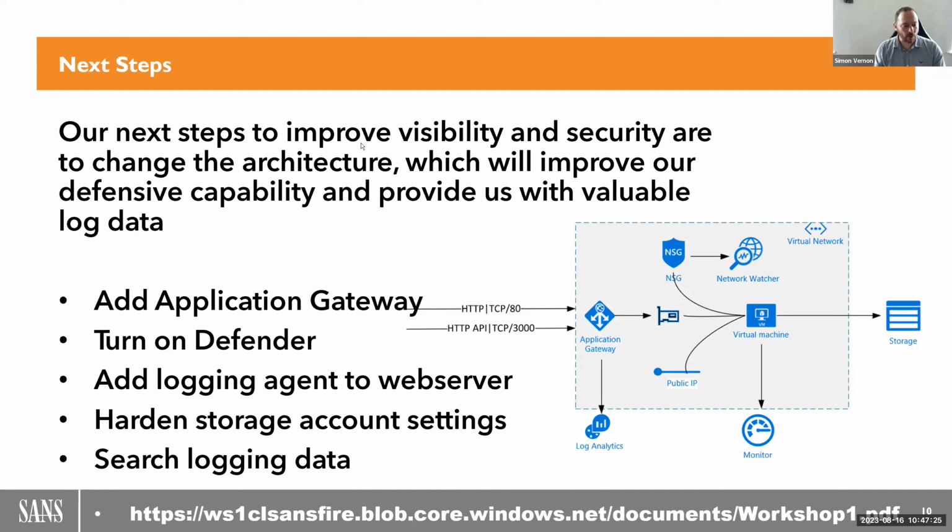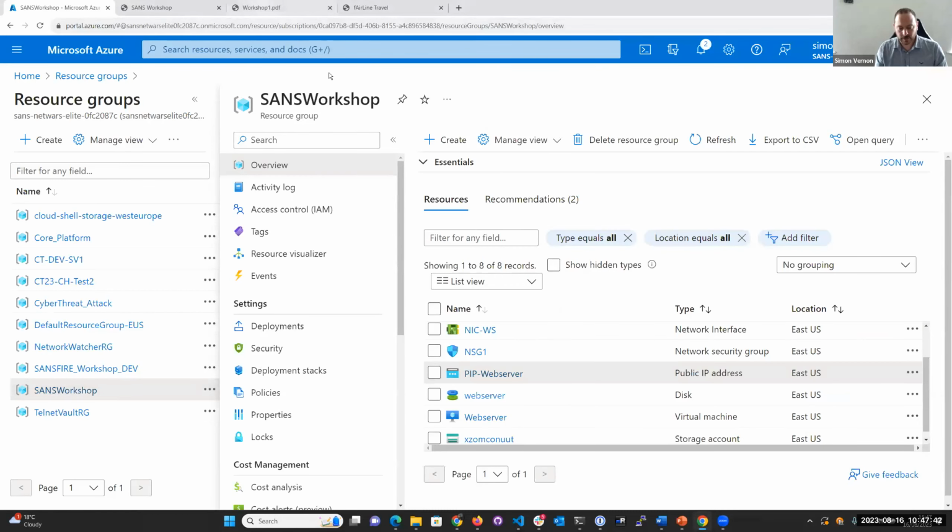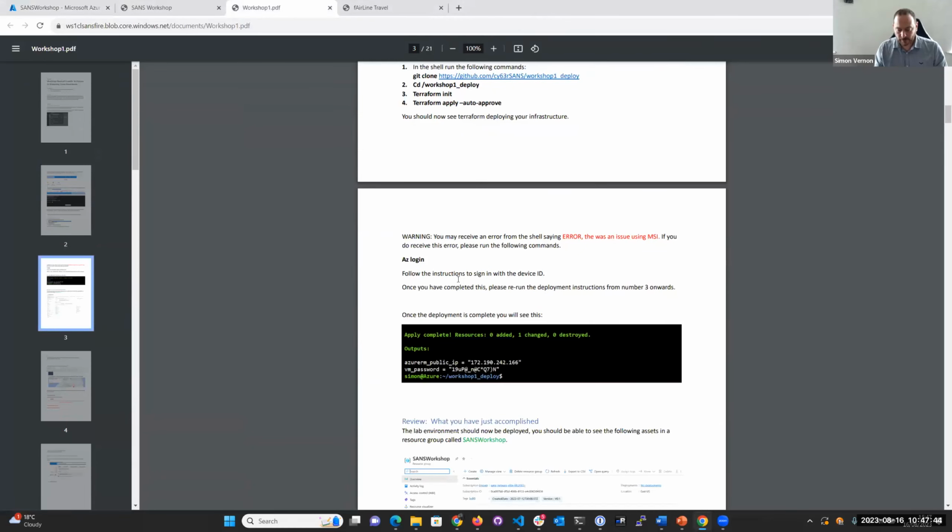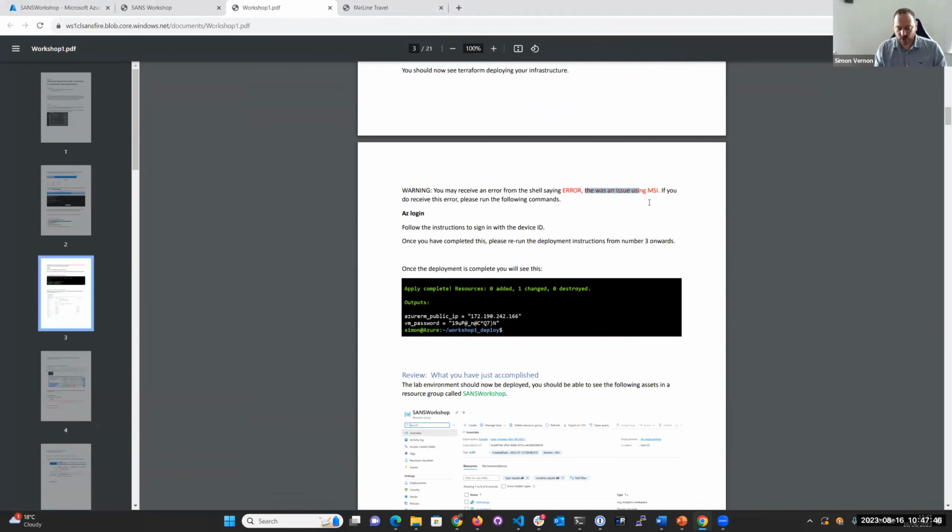Okay. Oh, brilliant. You've got an error building account, could not acquire an access token to pass the running CLI. Now, this is a common error message. Thank you, Laura, for posting that one out. If you get this error message, if you look in the documentation that I provided, you're getting this in workshop 1. You get this error: there was an issue using the MSI. Now, the error varies